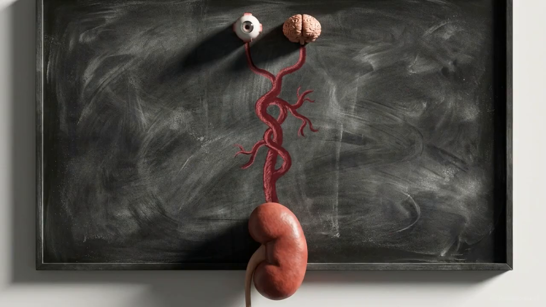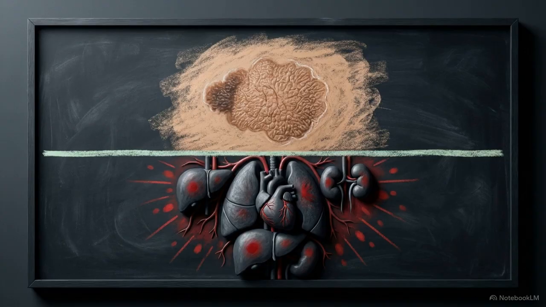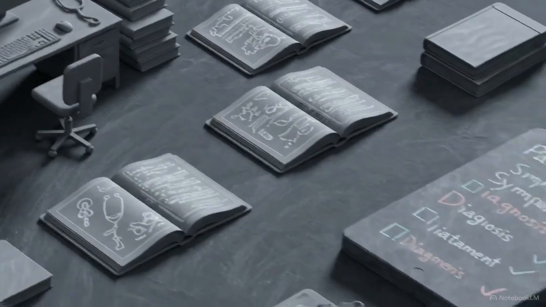Von Hippel-Lindau disease connects retinal and cerebellar hemangioblastomas to a high risk of developing clear cell renal cell carcinoma. Finally, Sturge-Weber syndrome is characterized by a prominent port wine stain localized to the V1 ophthalmic distribution, ipsilateral leptomeningeal vascular malformations, and early-onset glaucoma. On test day, these superficial dermatologic findings serve as immediate clinical predictors for severe hidden systemic and oncologic pathologies. Now let's run a rapid-fire review of the most critical diagnostic associations to fully lock in the